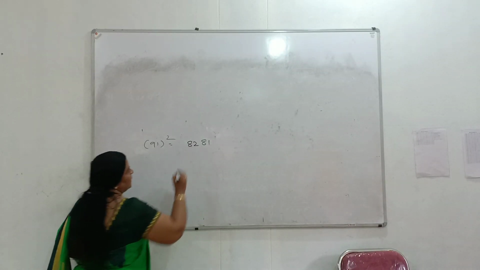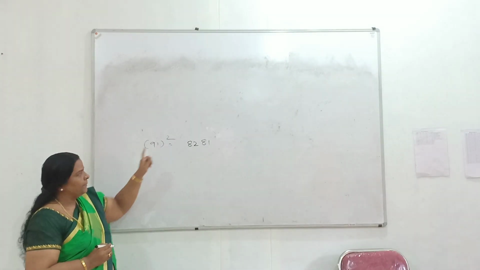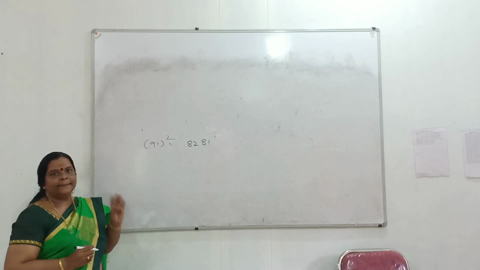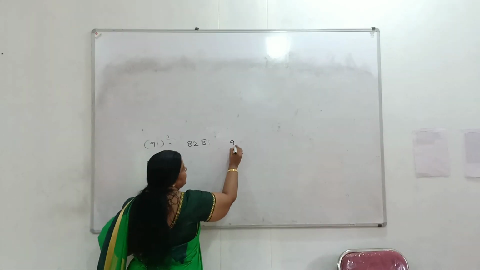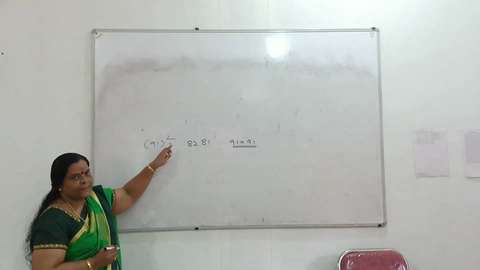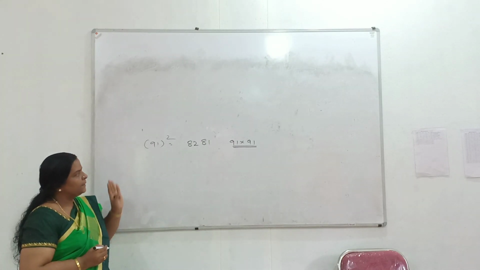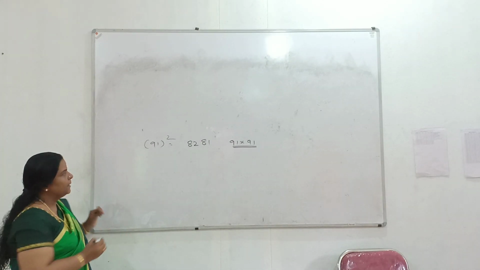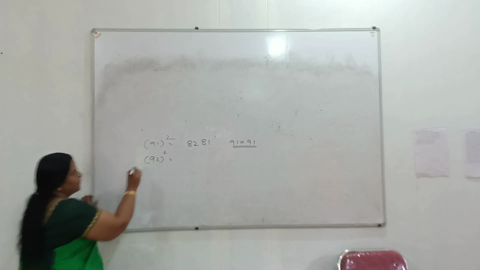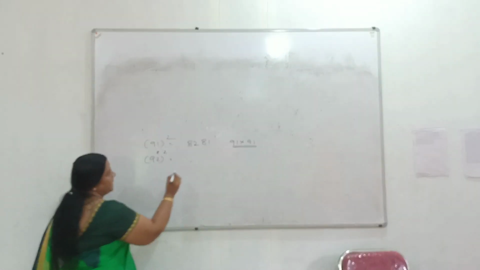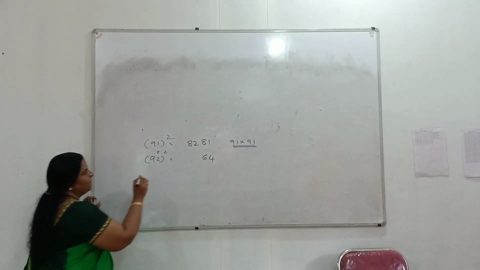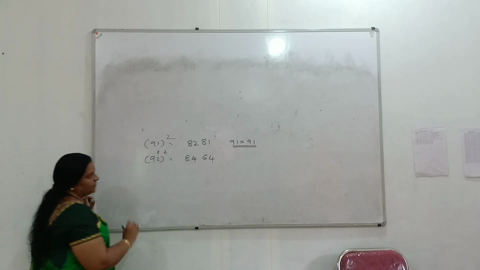We must not write 1 to that number because in order to take the square of 91, there must be 4 digits. That means 91 into 91. Here we have 4 digits. Or otherwise we cannot start the number with 1. So the answer is 8281. In order to take the square of 92, to reach 100, we must put 8 here. Take the square of 8, 64, and take the double of 92, 184. But write only 84. Hence the answer.